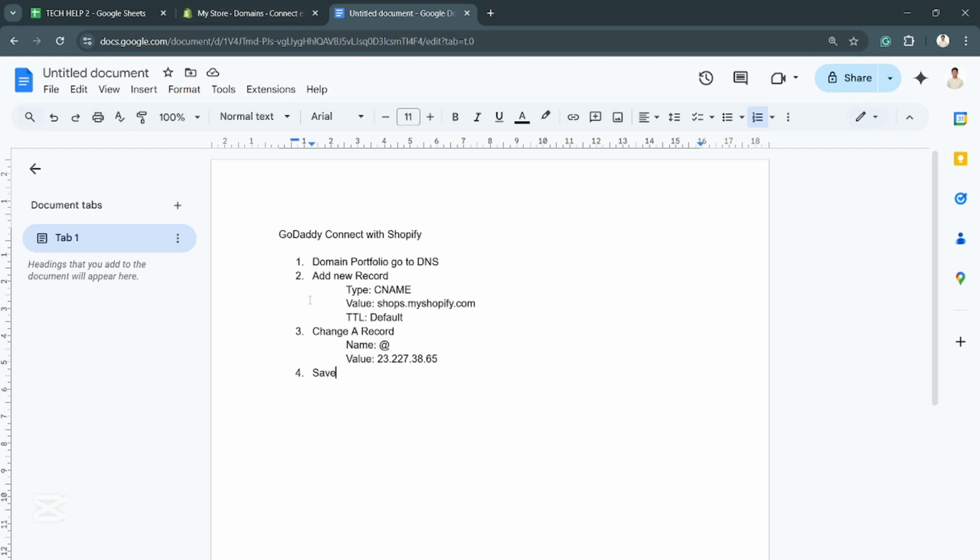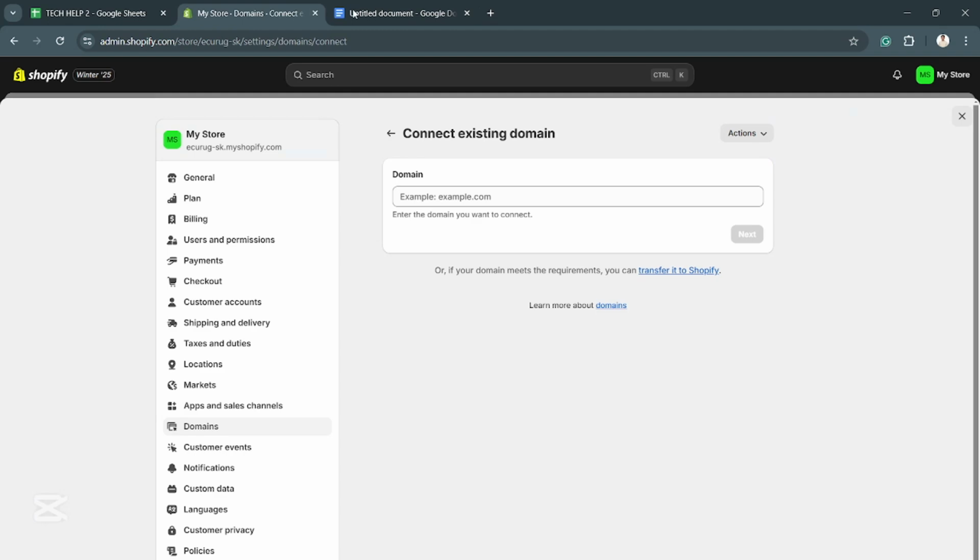Now, if you have done this correctly, you will now be able to connect your domain, your GoDaddy domain, with Shopify. And that's it. Hopefully, I was able to help you out in connecting your GoDaddy domain with your